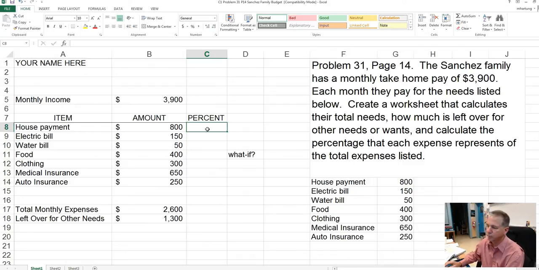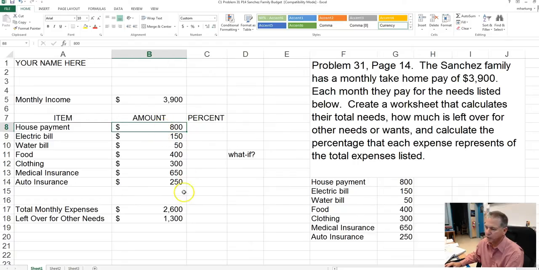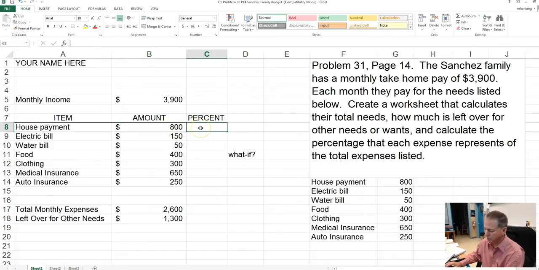So in this case, we are going to compare each individual expense to the total expenses. It's another way to analyze our expenses to see how they compare to one another, which ones are the biggest, the smallest, and so on. And also later we're going to take a look at how things change if we do something called a what-if analysis. So, equal sign, house payment divided by the total expenses,